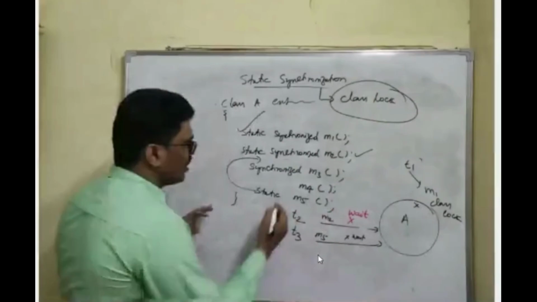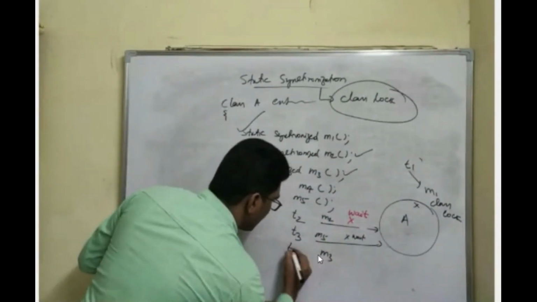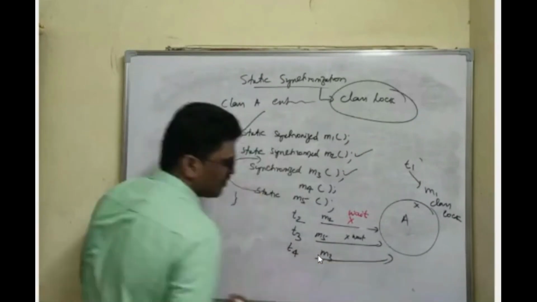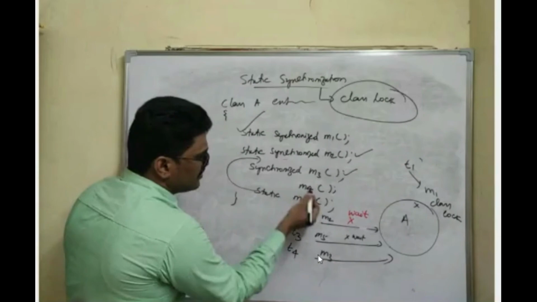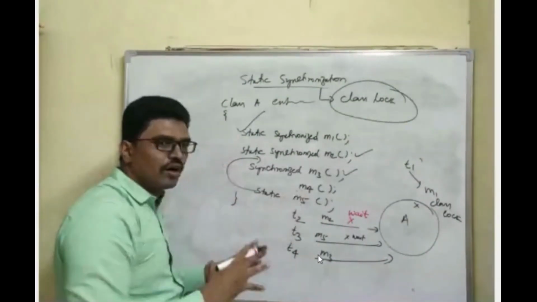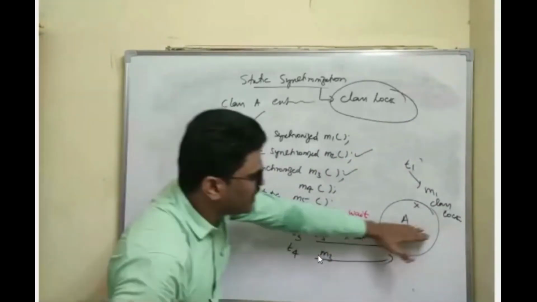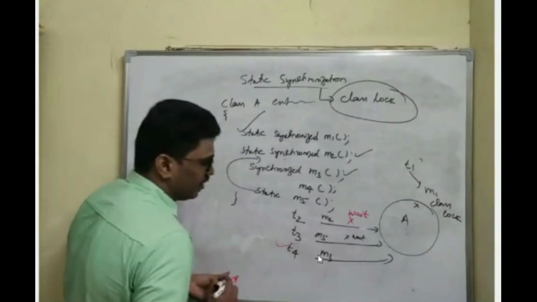Now you go for M3. The M3 method is accessed by another thread. Is it allowed? It is not a static method. It is a normal synchronized method, which means an object lock. The object lock is not acquired, so this is allowed. It can enter.